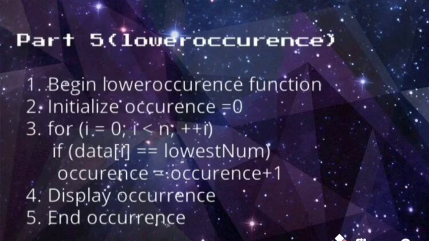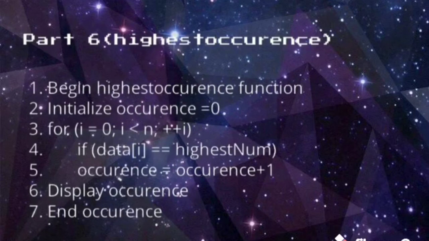For part 5 is to find how many data that have lower number occur. Start with begin lower occurrence function. Second, initialize occurrence equals to 0. Third, for the loop i equals to 0, i is less than n and i plus plus. If data i equals to lowest num, occurrence equals to occurrence plus 1, and then display occurrence. Fifth, end the occurrence function. For the last part is to find